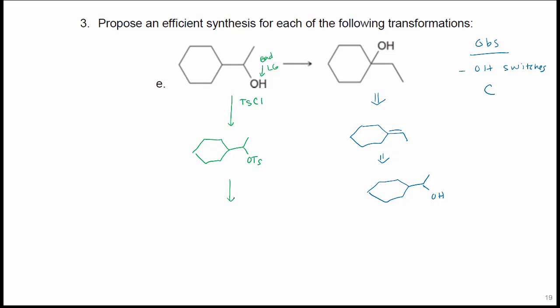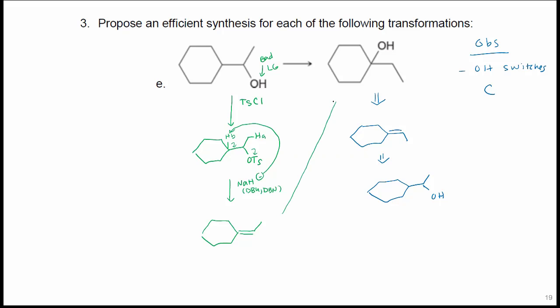And here the size of the base does matter. If I use t-butoxide, that will grab HA, which I don't want to do. I want it to eliminate HB. So I use my small base. Again, you can use sodium hydride. DBU works here, or DBN. So this base is going to grab this hydrogen and kick that off. So we do our E2 elimination.